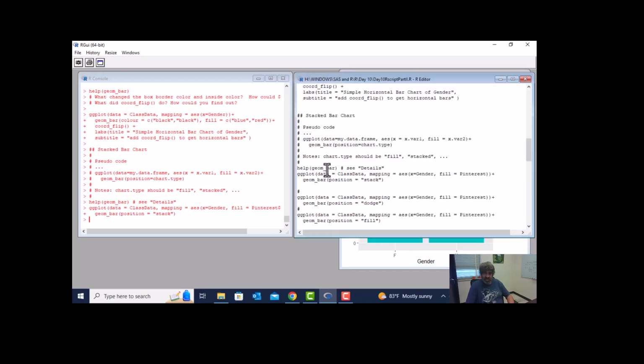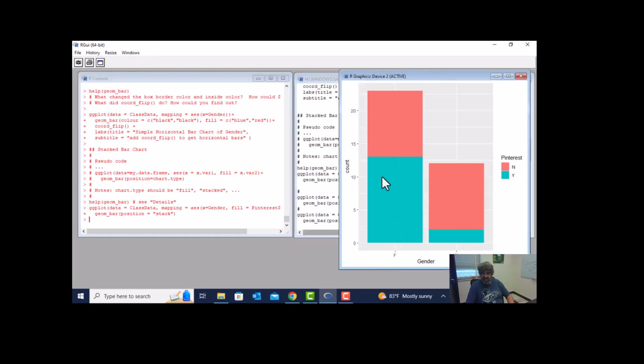And so here you can see, because I've specified position equals stack, that I've stacked these bars on top of each other. So here's all of the female counts. There are 13 females that had a Pinterest account. The rest were females that did not have a Pinterest account. This box here represents males that did not have a Pinterest account, and this little blue box represents males that did have a Pinterest